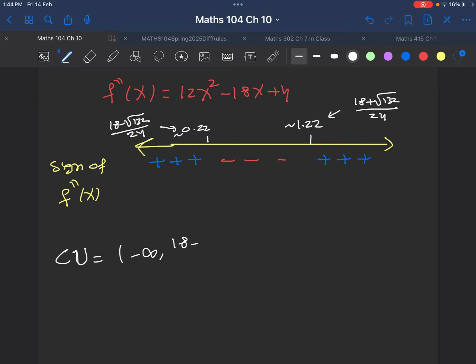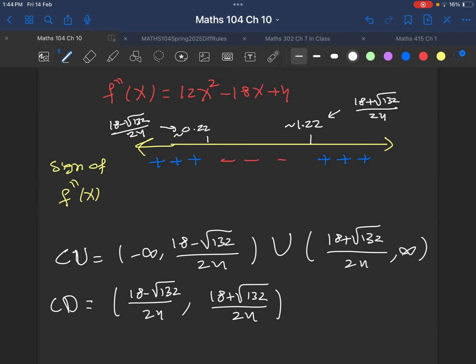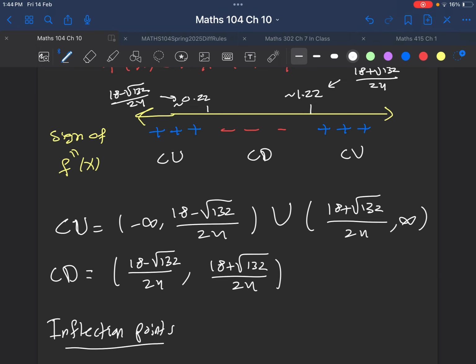So the concave upward will be from negative infinity to 18 minus square root 132 divided by 24, and then you continue from the other number to infinity, and you write a union. Concave downward, it will be just from those two numbers. And then we have inflection point. This is concave upward, concave downward, concave upward. And we have two inflection points,